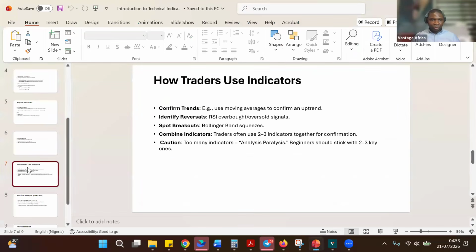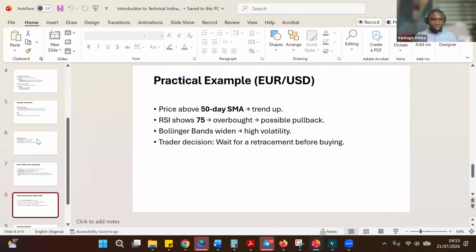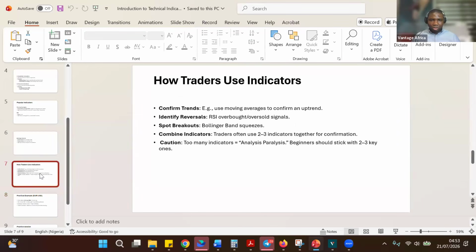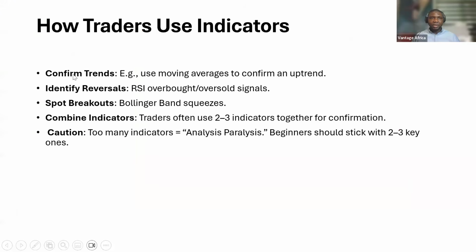Then something else we have to look at quickly. How do traders use the Bollinger Band? So this is it. Now, confirm trends. Now, when you look at that trend that I showed just now, you see that price is telling you buy at some point, sell at some point. Now, when you already know how to